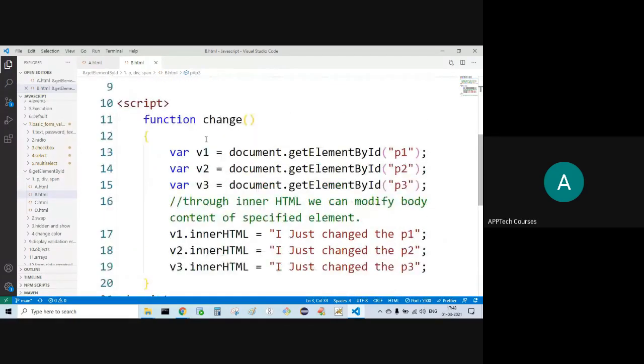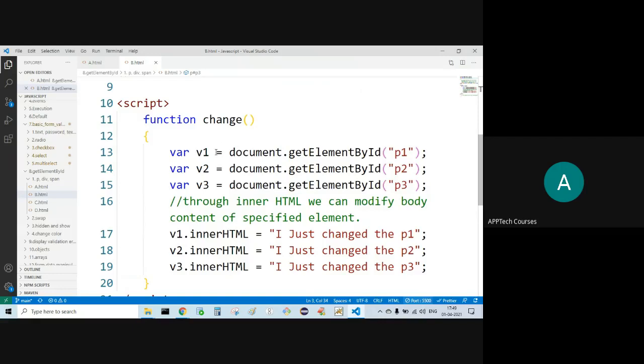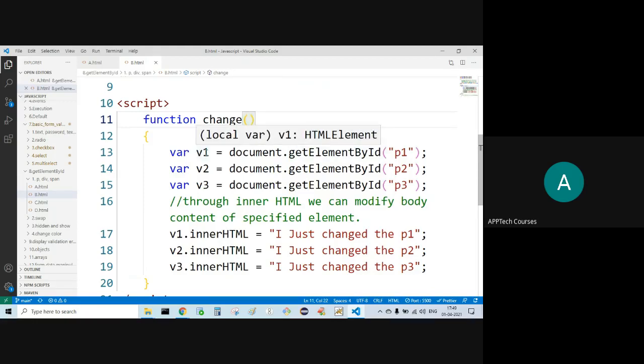If I click on the button, this function will execute, where document.getElementById P1. Now P1 I can identify with V1, P2 I can identify with V2, P3 I can identify with V3.